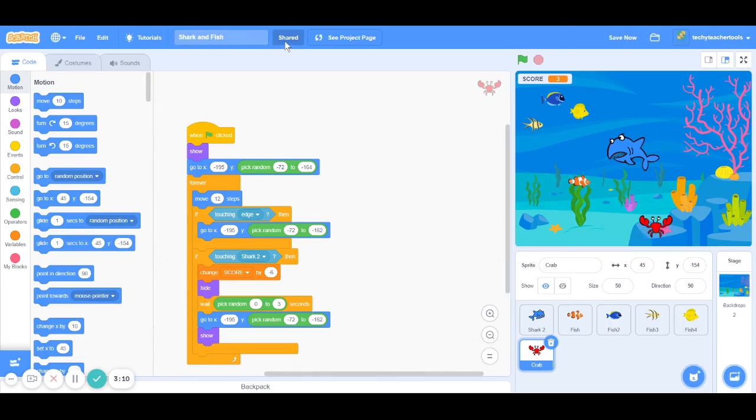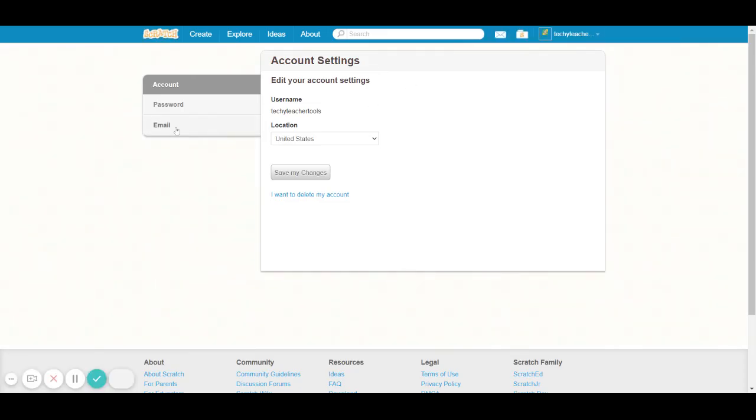Let's say you don't have a share button up here. It's just not even appearing. Mine says shared because I've already shared it. But let's say you don't have it. What you need to do is go to your account, and you need to go to account settings, and you're going to click on the left side as soon as it appears here in a second, the side that says email,